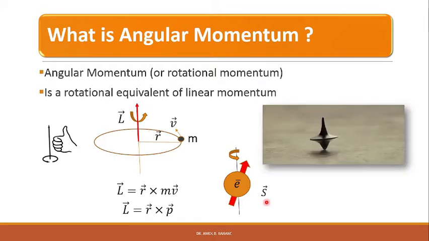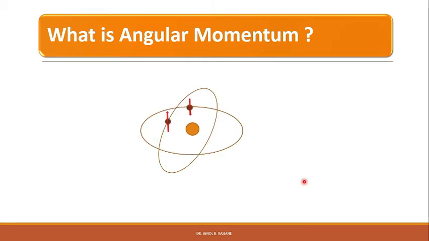The spinning top remains upright while spinning due to the conservation of its angular momentum. That means an electron moving in its orbital about a nucleus possesses orbital angular momentum. The orbiting electron also possesses the spin angular momentum. When there are two or more electrons, the orbital and spin angular momentum of each electron contribute to the total angular momentum of the atom.